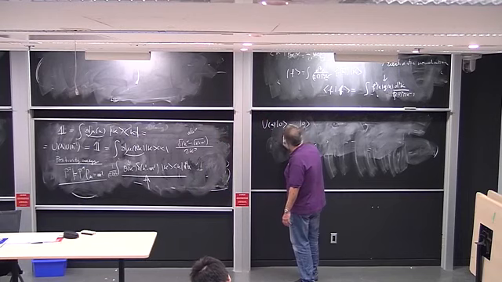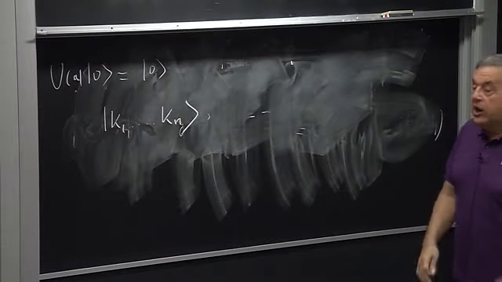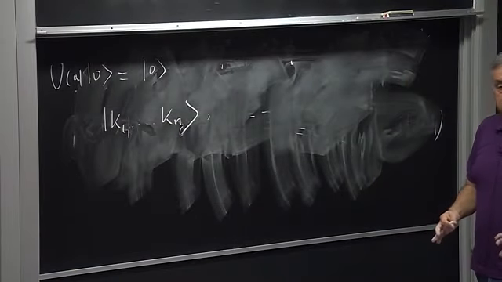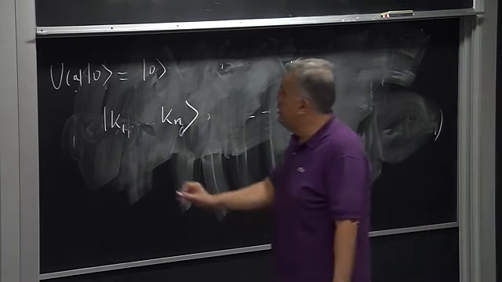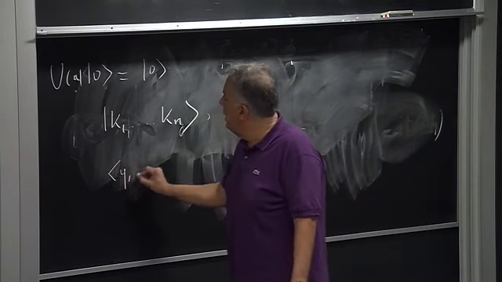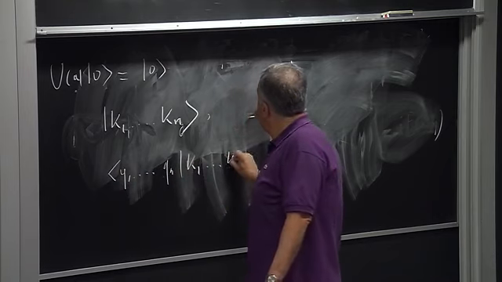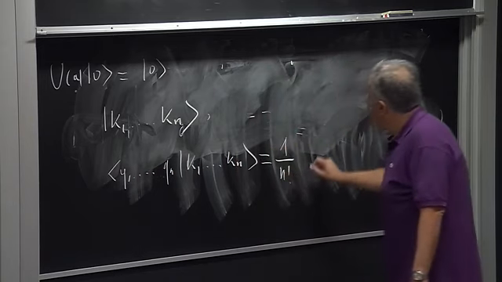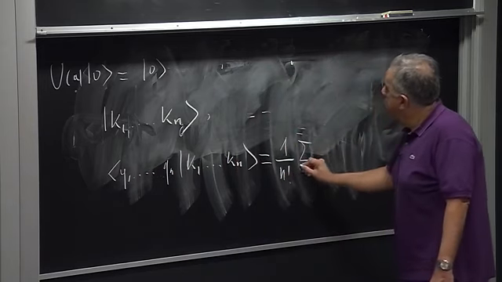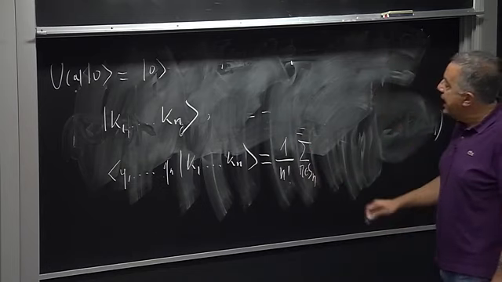So you construct states that you label with n momenta, which are completely symmetric in such momenta, and such that the scalar product of q1,...,qn with k1,...,kn is 1 over n factorial, the sum over all the permutations belonging to the symmetric group of n elements,